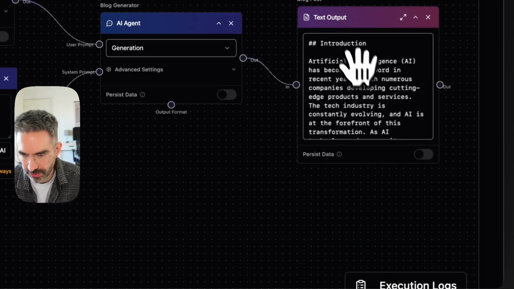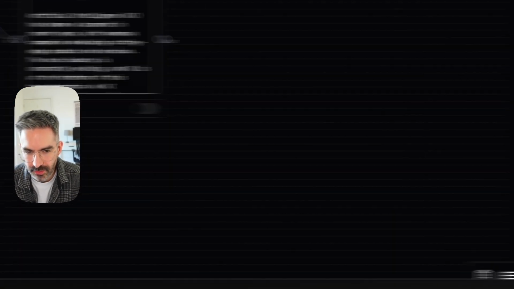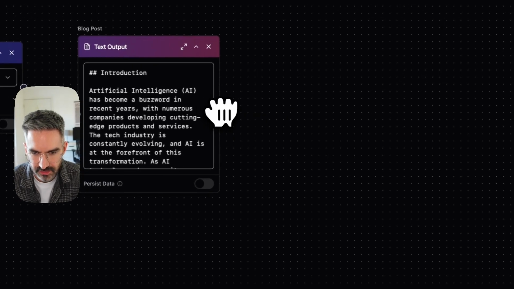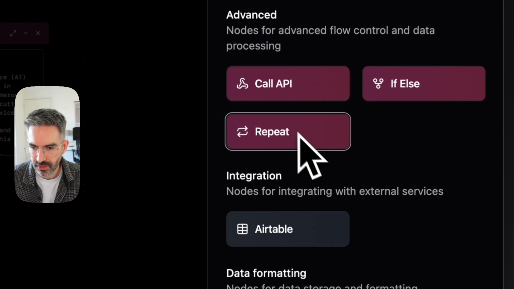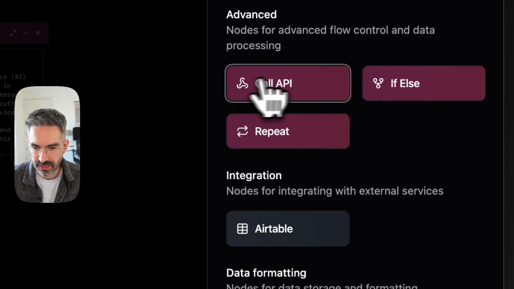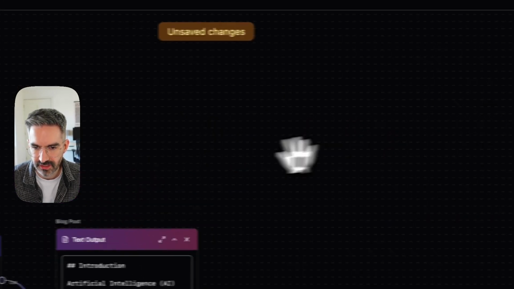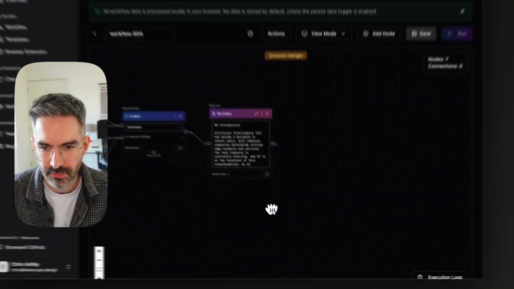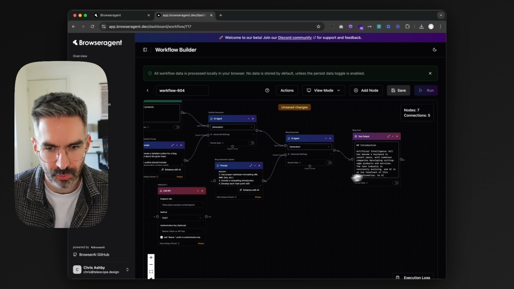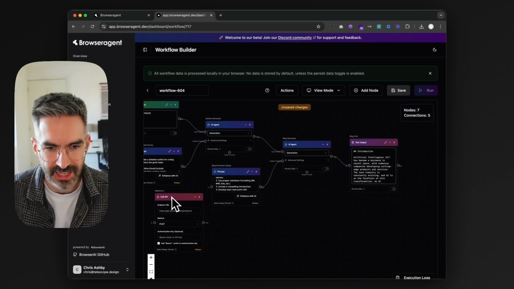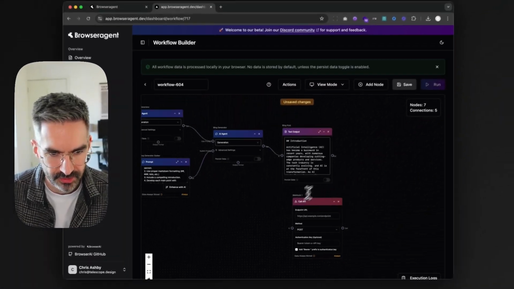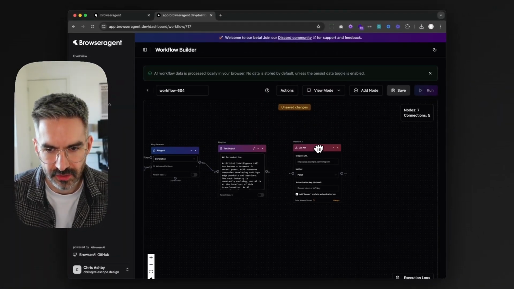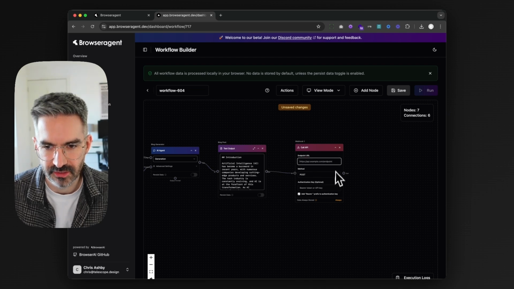Okay, we've got some output. Great. So what I would do here is, okay, let's add a node here where you call API. Did I add it? It did add it. Okay, so one thing to say here is if I'm moving around the workflow board here and I add a new node, add it to where I am on the board rather than back at the beginning. So I would say this is going to send it to a Google Doc and I'm going to connect